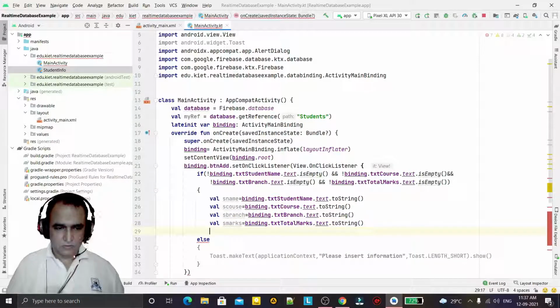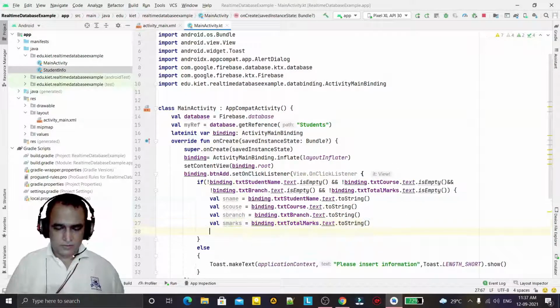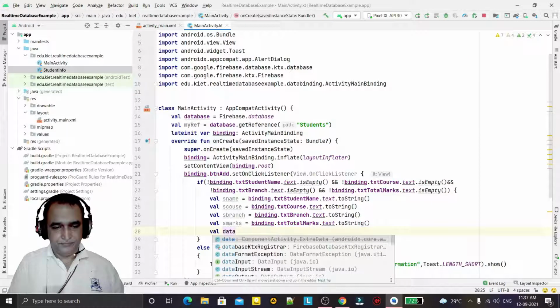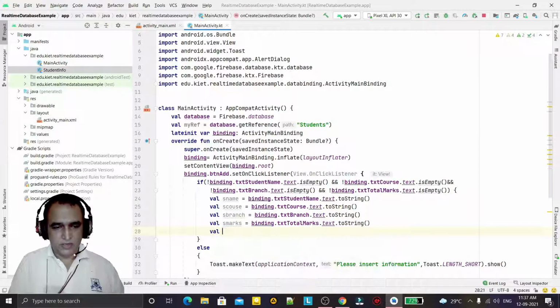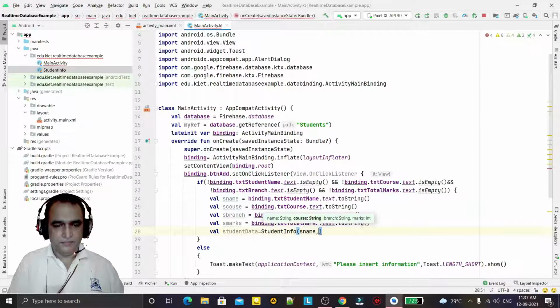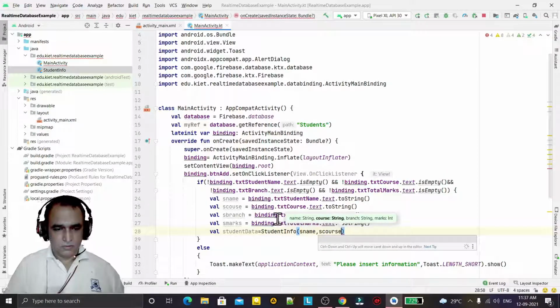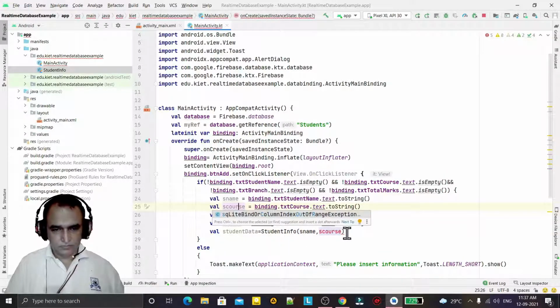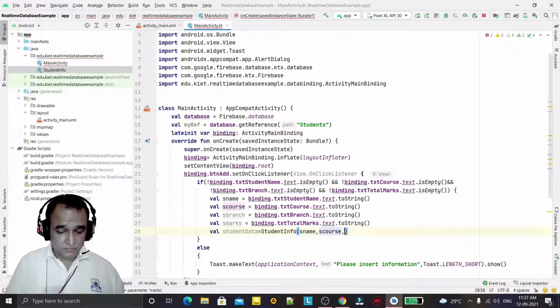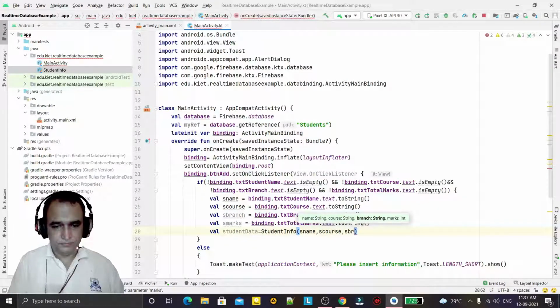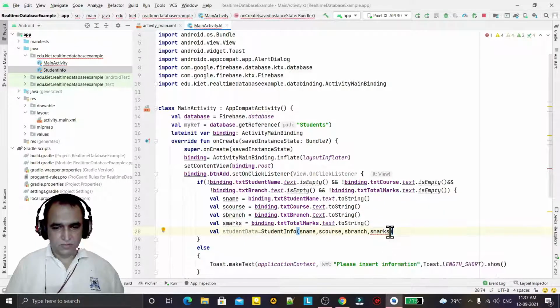Now I have to create a data class object, so I say data, and I can say student data equal to student info, and here I have to pass name, course, branch, and marks like this, and that we have to convert into integer